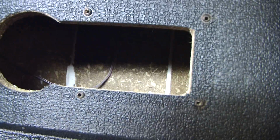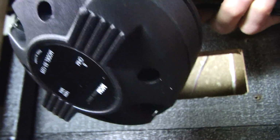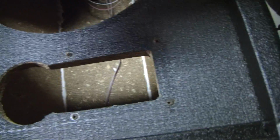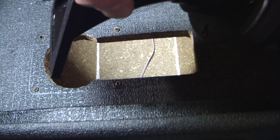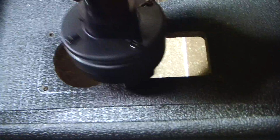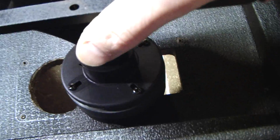Because if I end up mounting it from the outside, see this, the compression driver itself is wider, the diameter of this is wider than the width of the horn. So if I cut a hole to fit the compression driver through, when the horn rested in there, there'd still be a gap around it,